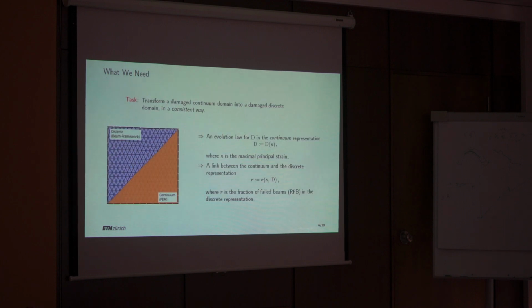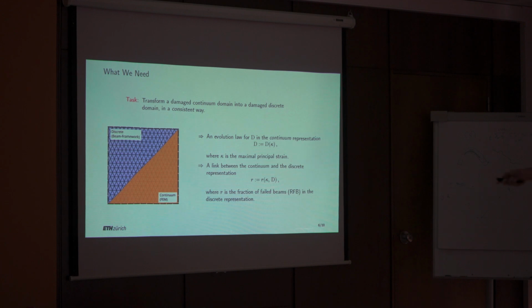So, for doing our task, we basically need two things. First of all, we need an evolution law for d that is applicable inside the continuum. And this law basically tells us, you see, in the beginning, we just have the continuum. We don't have the discrete representation. However, this d then tells us how the continuum representation will fail, or would fail if it would be there. And here we also define that kappa is the maximal principal strain the specimen has